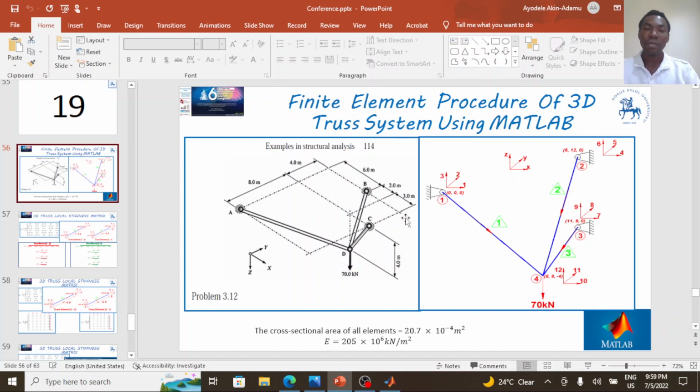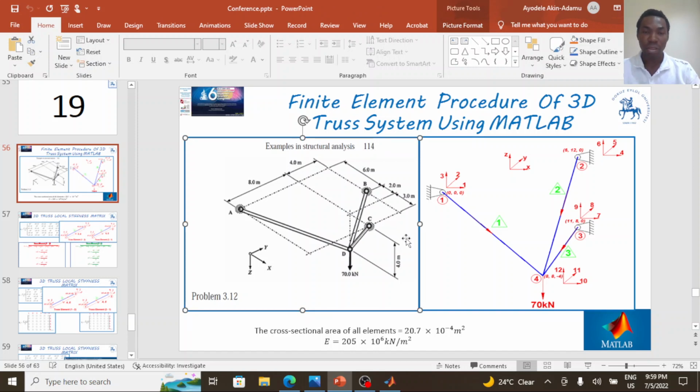In my previous video, we dealt with plane truss systems using the finite element procedure, by using Matlab and also by using the ANSYS software program. So in today's video, we are going to look at how we can use the finite element procedure for the 3D truss system. The problem we are going to solve in this